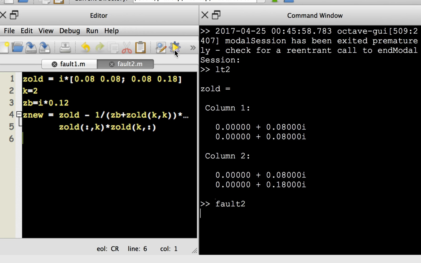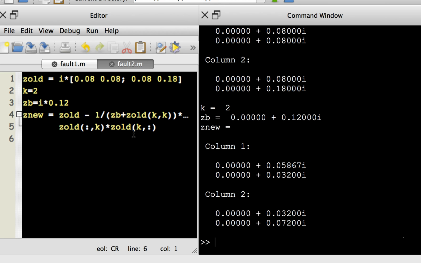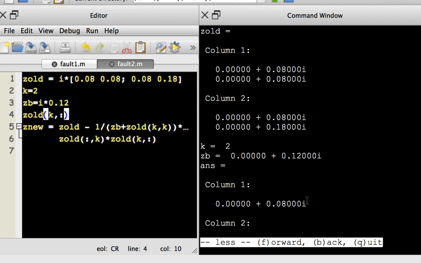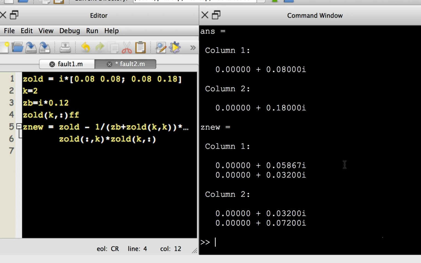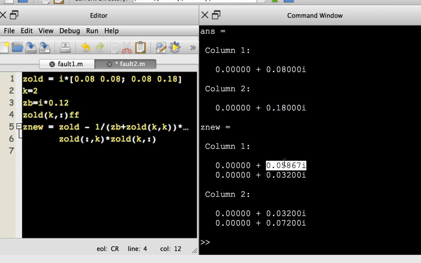So this is what will be my new Z bus. So I'm getting some values. So let me also just quickly verify. Okay, I'm getting the second column properly, and then 2 comma 2, and then all right. So looks like I have not made any mistake. So this is my final solution,